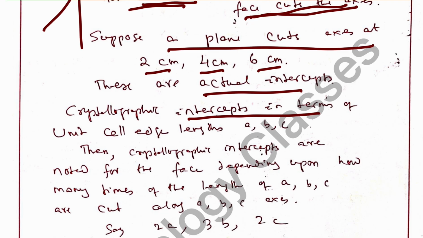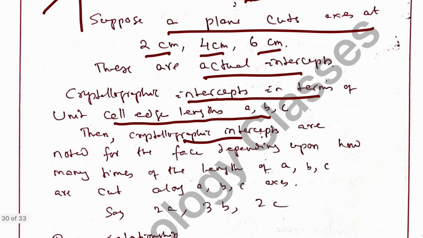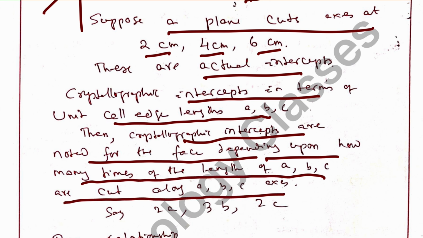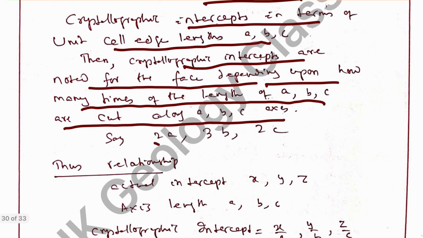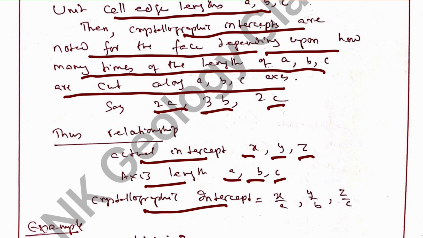Crystallographic intercepts, in terms of unit cell edge lengths, are a, b, c. Thus, crystallographic intercepts are noted for the face depending upon how many times the lengths a, b, c are cut along the a, b, c axes. Along a, at what distance the face cuts. Along b, at what distance the face cuts. Along c, at what distance the face cuts. Say 2a, 3b, 2c. Thus, the actual intercepts are x, y, z, and the axis lengths are a, b, c. So the crystallographic intercept will be